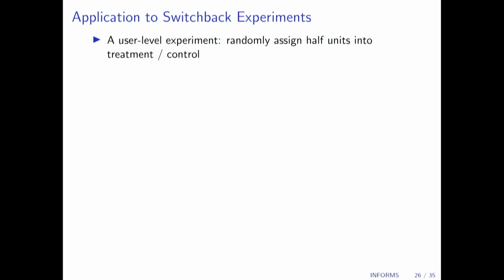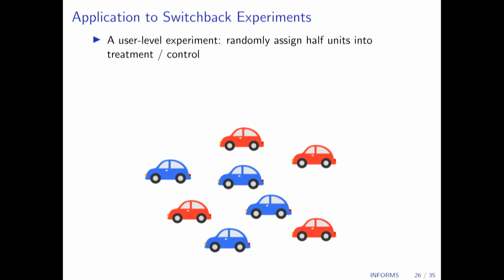So now let me talk a little bit about switchback experiments. Going back to the example from Uber, we can run multiple types of experiments. Like some of the questions came here earlier, we can run the experiments at the user level. And if we run this experiment at the user level, then in this example, let's say we're incentivizing the drivers to drive more frequently, then some of the drivers receive treatment and some of the other drivers receive control. So in this example, if we run the experiment at the user level, then we're assuming there is no interference